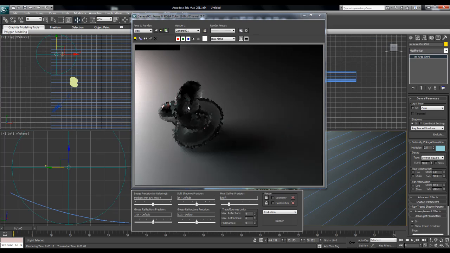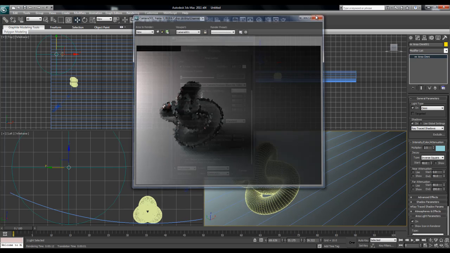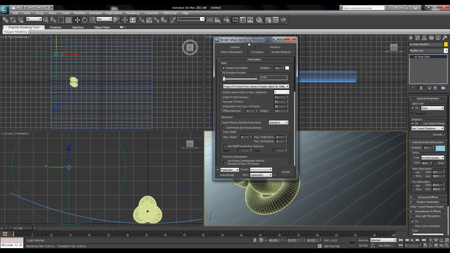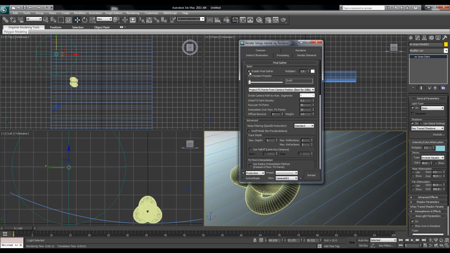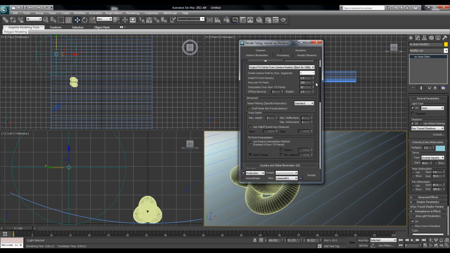Alright, so I can see just enough to know that our light's looking pretty good. I'm not going to wait for the whole render to render out because it might take a little bit of time. So I'm going to close up this and go back into our render setup. So I'm going to enable Final Gather and set it to medium because we want the resolution to be pretty high. And I'm going to scroll down